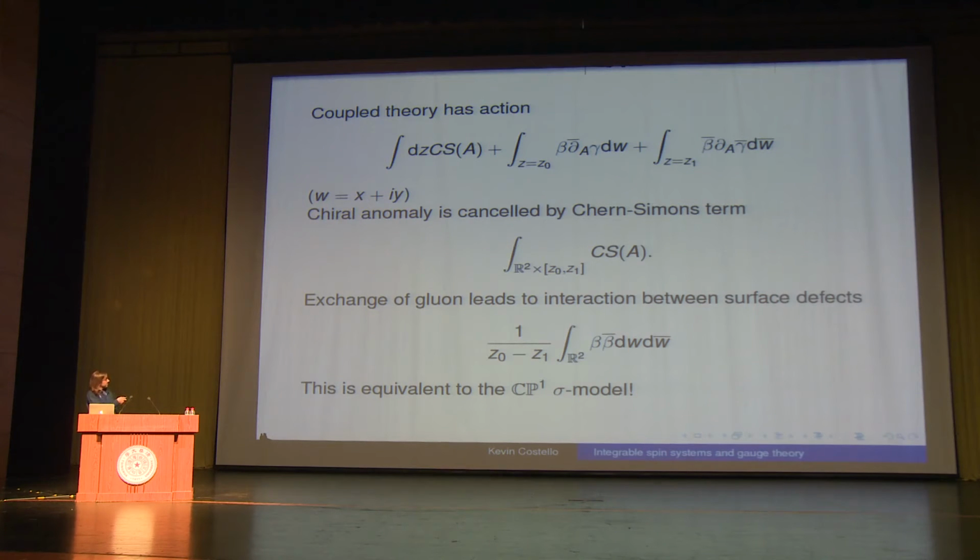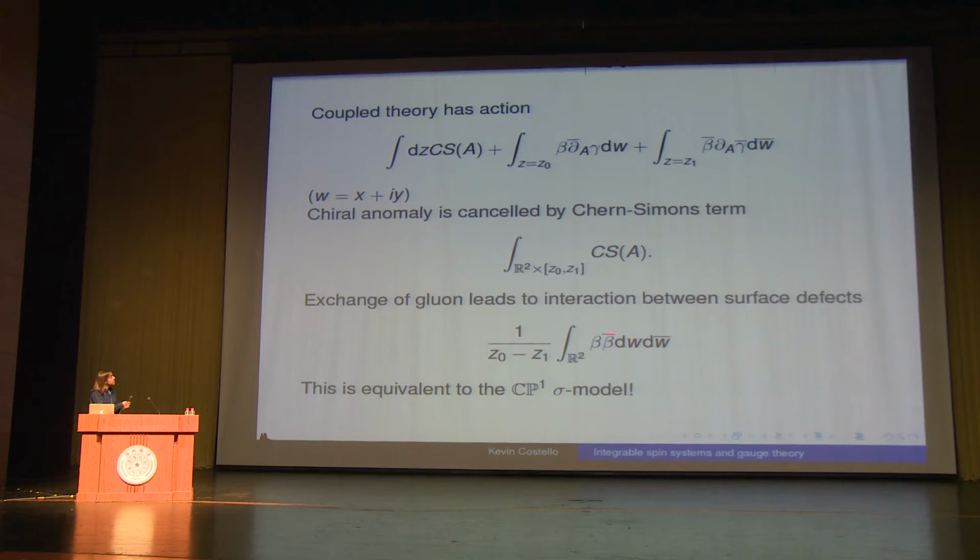And let's think about what this looks like after this Wick rotation. We've just coupled to a beta gamma system at z0 and a beta bar gamma bar system at z1. And of course, the beta gamma system has a chiral anomaly, as does the beta bar gamma bar system, but this is cancelled by introducing a Chern-Simons term, which is integrated over a 3-manifold which ends on each of these surfaces. Now, if you think about what happens when we integrate out the gauge fields, the exchange of gluons, the